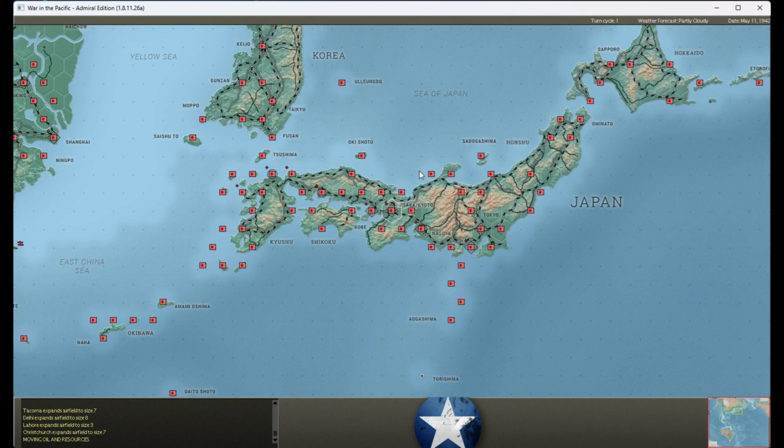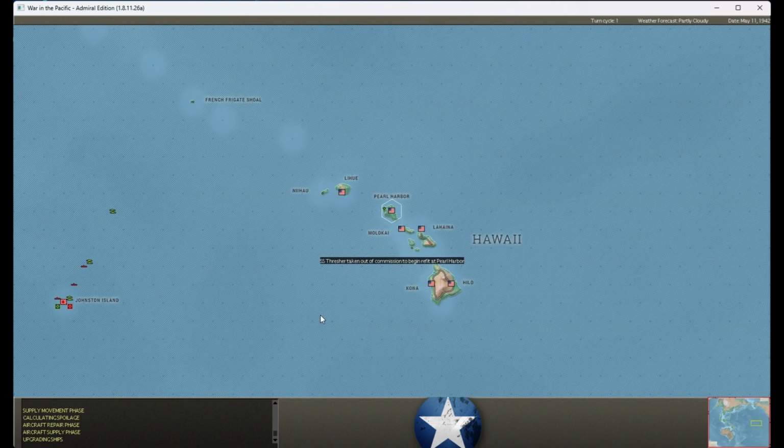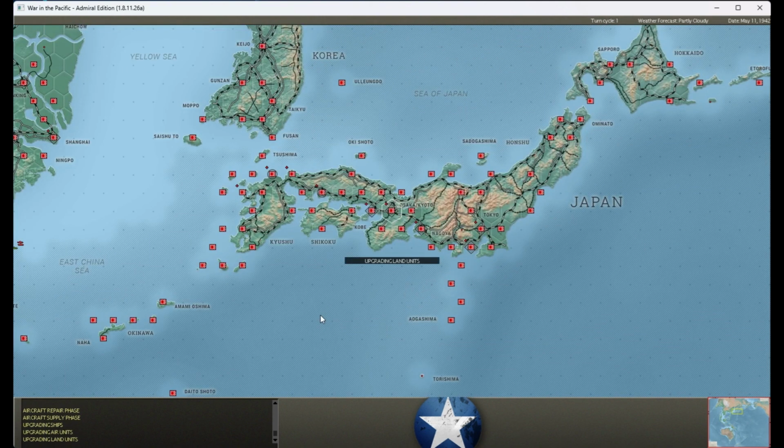But I'm really happy about Delhi getting to size 8 airfield, Christchurch to size 7. That means that'll be 8 in hopefully short order. That allows us to double up on our aviation support, which then in turn gives us the ability to lighten the burden, spread out our aviation support a little bit better. Anyway, as we wrap this up,